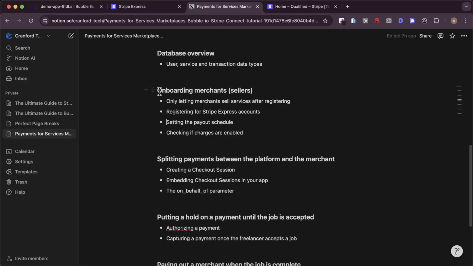I think that's kind of everything we needed to cover in onboarding merchants. We only let them sell services after they registered for an account. Again, we use conditional for that. We registered for Stripe Express accounts. We set the payout schedule. We just kind of mentioned that, but it is going to be quite important later on. And then we also checked if charges were enabled. So next we're getting on to the good stuff, which is actually splitting a payment between this platform and the merchant. Okay, let's move on to actually processing payments and then letting your platform take a percentage of each